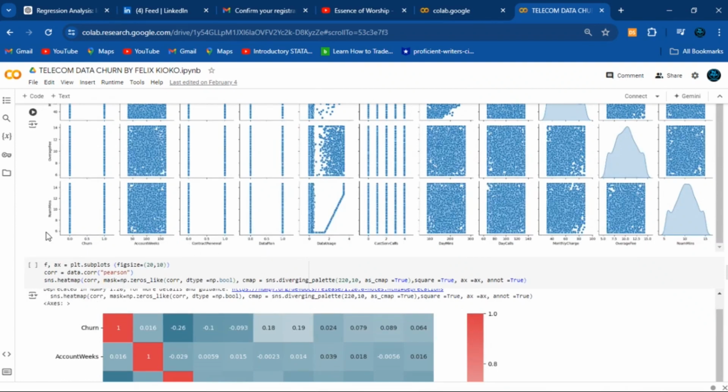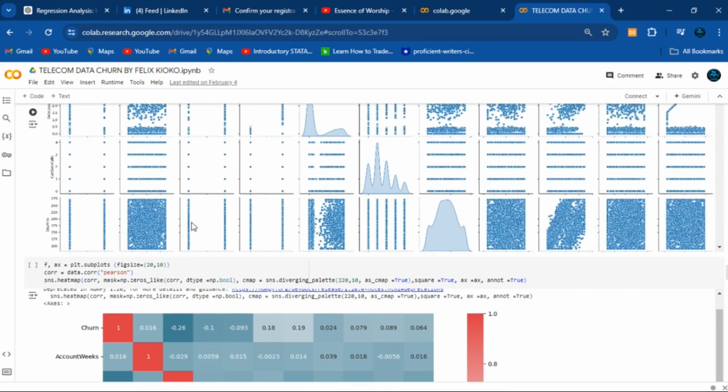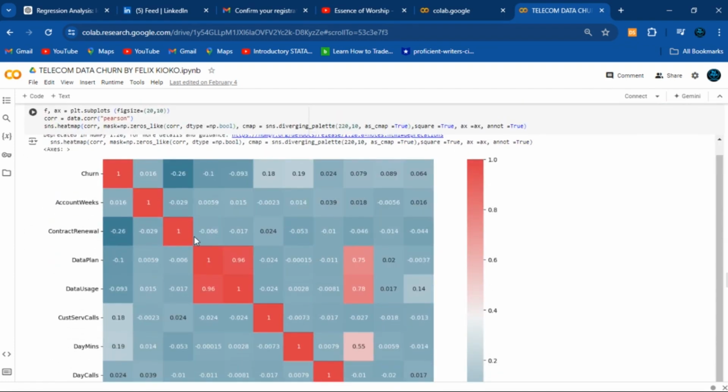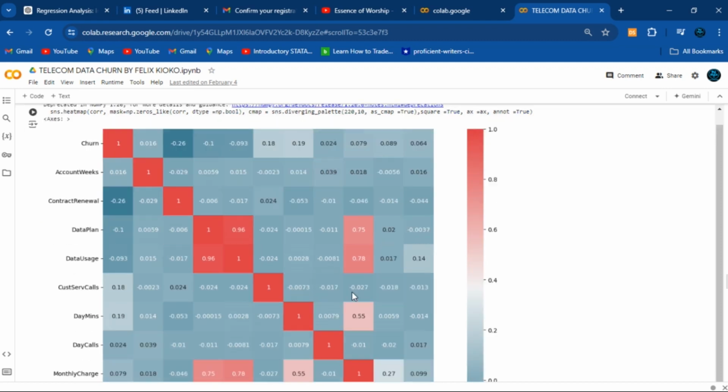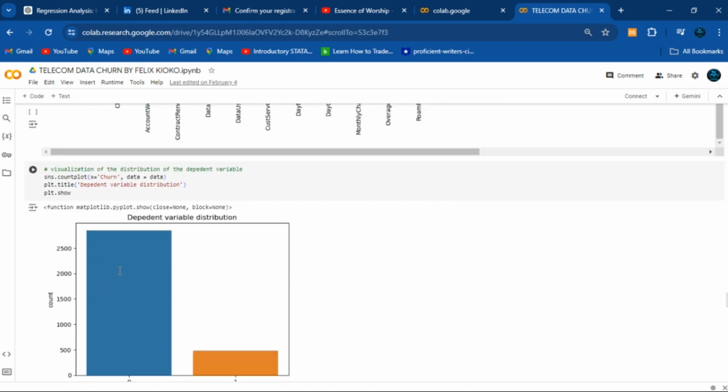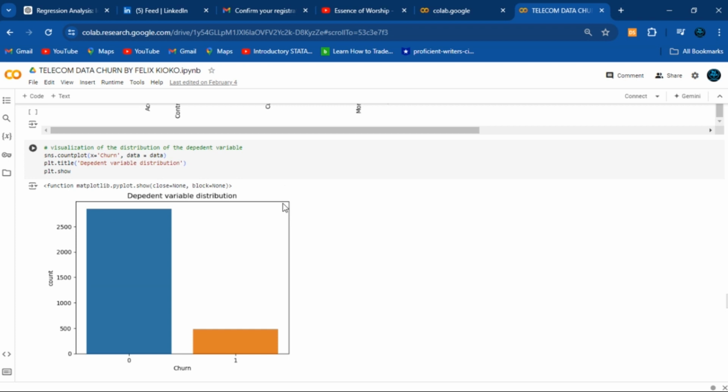Of the different columns, the churn, etc. After that, we also did a correlation matrix to show the correlation between the different values. You see data plan and data usage have a high correlation to the churn. After that, we did a few visualizations. So you look at the dependent variable, that is the count of the churn,